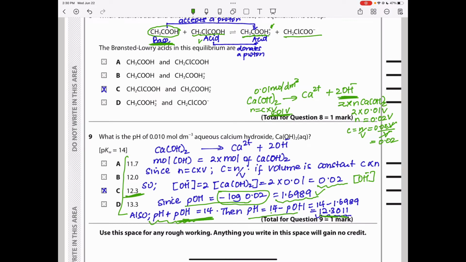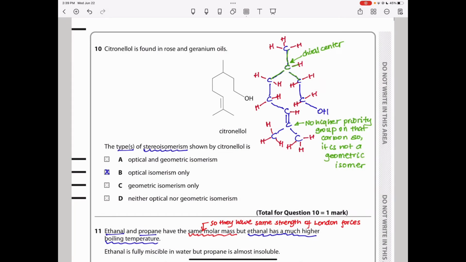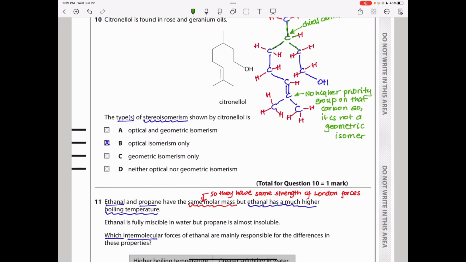Let's move on to question 10. Question 10. Citronellol is found in rose and geranium oils. So this is the structure they've given us, this one here. So they say the type of stereoisomerism shown by citronellol is,